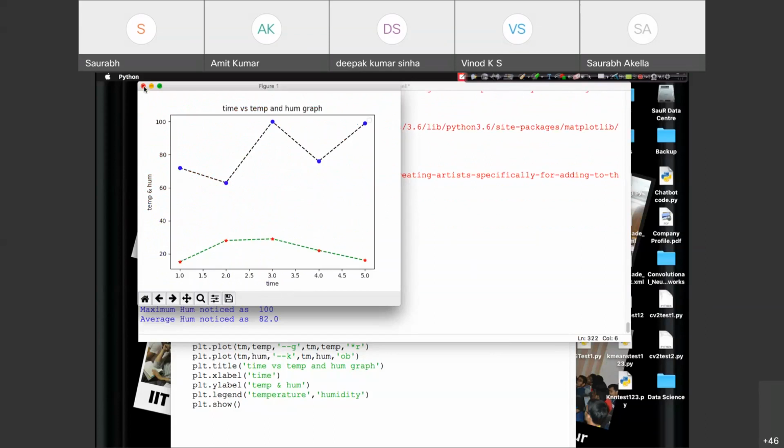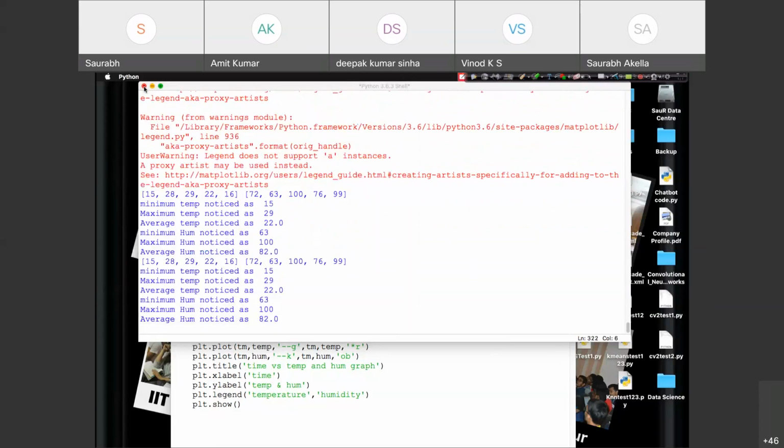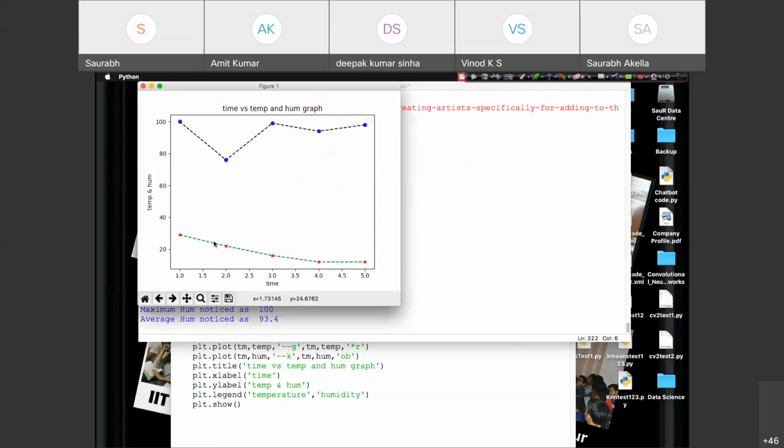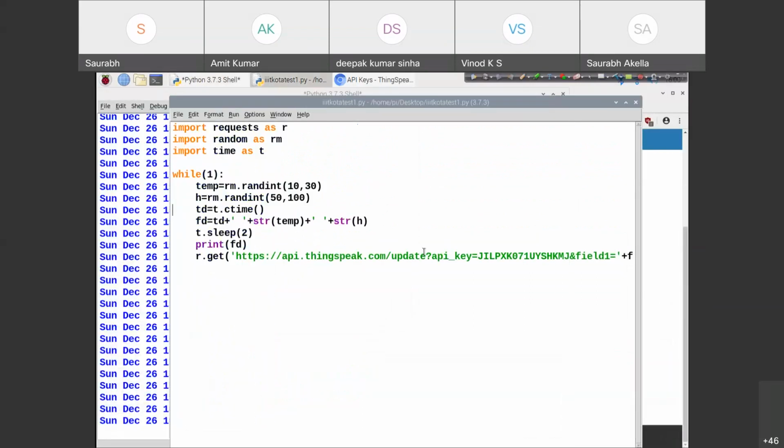And it's a kind of graph which requires your cancellation to actually continue with the same process, right? It holds your graph until you close it, right? So this is how you're getting the values. And on the other side, Raspberry Pi is doing its own task. It's sending the real-time values from the sensors, right?